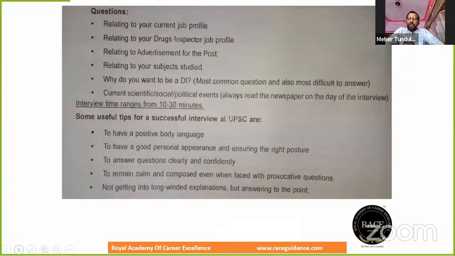ओके, उसके बाद में उनका इंटरेस्ट रहता है कि व्हाई यू वांट टू बी अ ड्रग इंस्पेक्टर। तो आपको ड्रग इंस्पेक्टर के प्रोफाइल के बारे में क्या पता है, एफडीए क्या होता है, यूएस एफडीए क्या होता है, डब्ल्यूएचओ ऑडिट क्या होता है, ड्रग इंस्पेक्टर्स के राइट्स क्या क्या होते हैं। अगर मैं बात करूँ सेंट्रल ड्रग इंस्पेक्टर की, तो सेंट्रल ड्रग इंस्पेक्टर फार्मा कंपनी को ऑडिट करते हैं, WHO ऑडिट करते हैं, इन्वेस्टिगेशन भी करते हैं।